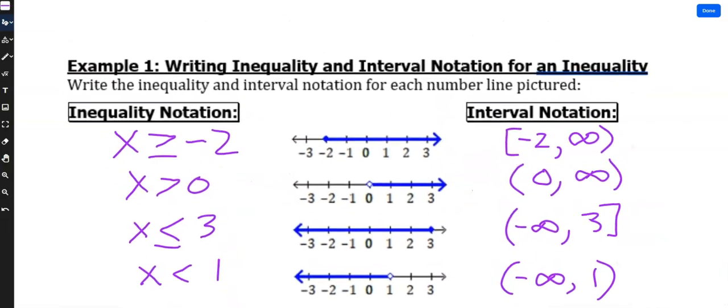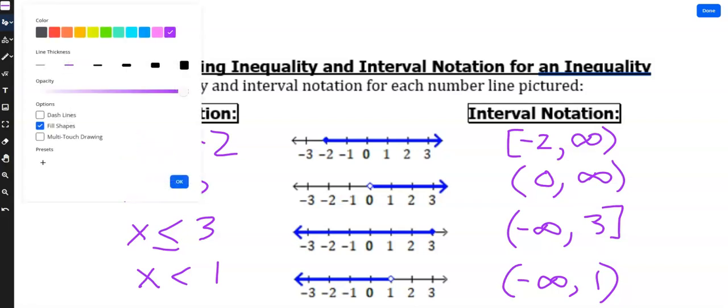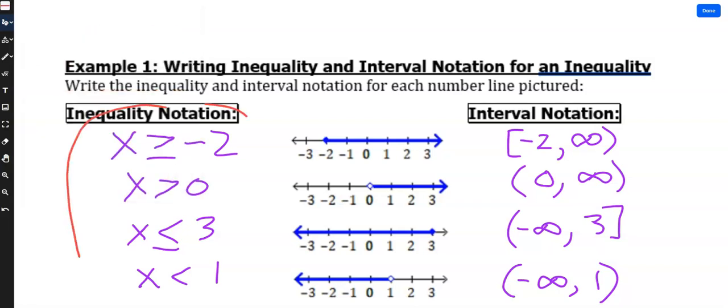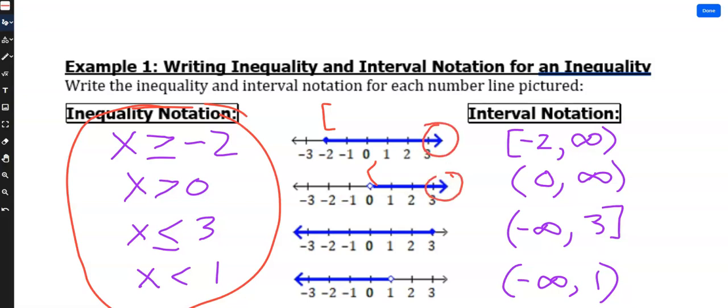So interval notation and inequality notation. You're probably very familiar with these kinds of things. For instance, that's a closed dot, so that would be a bracket, whereas an open dot would be a parenthesis. Over here it's obviously going higher and higher and higher on this end. Same thing here. And that's where we get infinity from. And notice that there's always a parenthesis on infinity, or in this case, when we're going to the left here and here, on negative infinity. Never, ever, ever do you have a bracket on